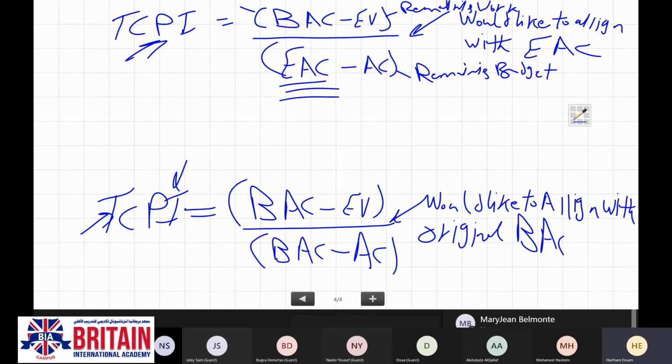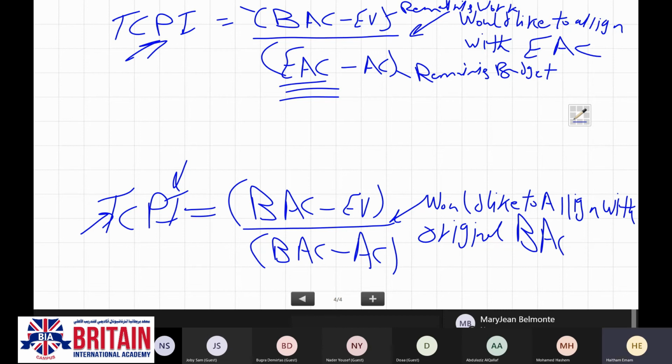So you have the earned value, the budget at completion, the estimate at completion, and the actual cost. What we need is to put the numbers according to this formula, make the required calculation, and give me the end result.